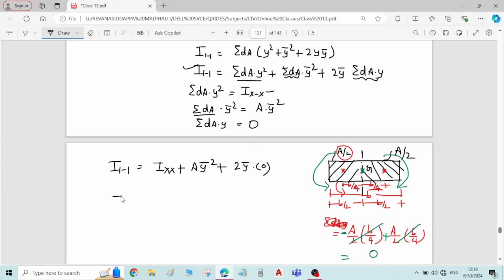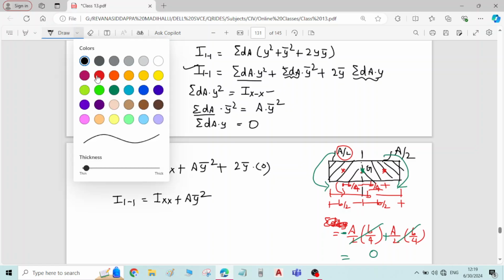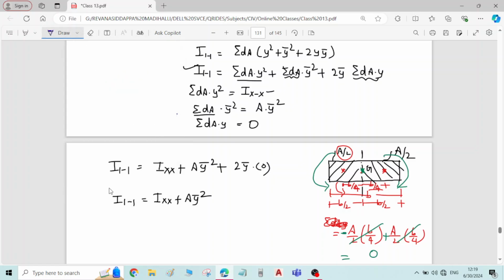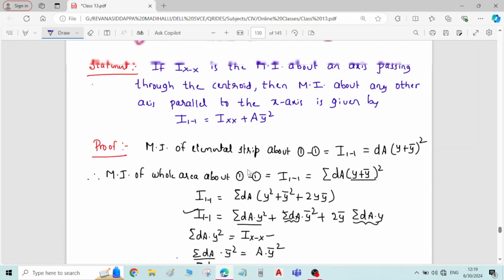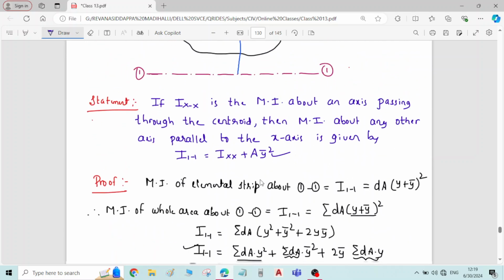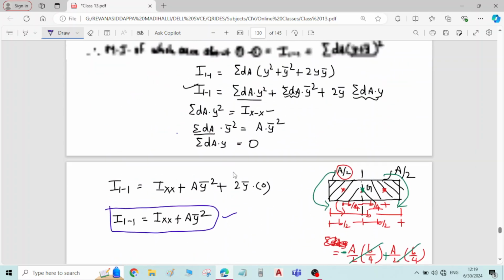So the remaining equation is I11 is equal to Ixx plus A into y bar square. So the parallel axis theorem is proved. We have got the required equation. The same equation we have written here. So this is the proof of the